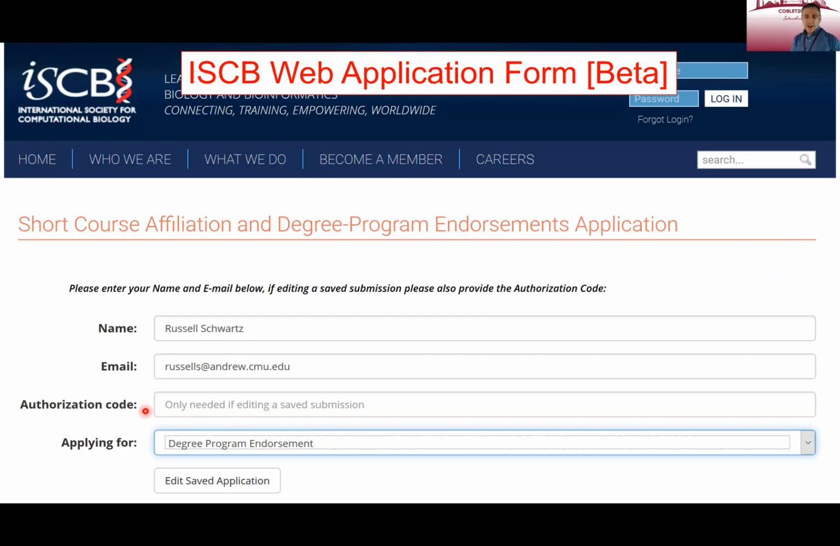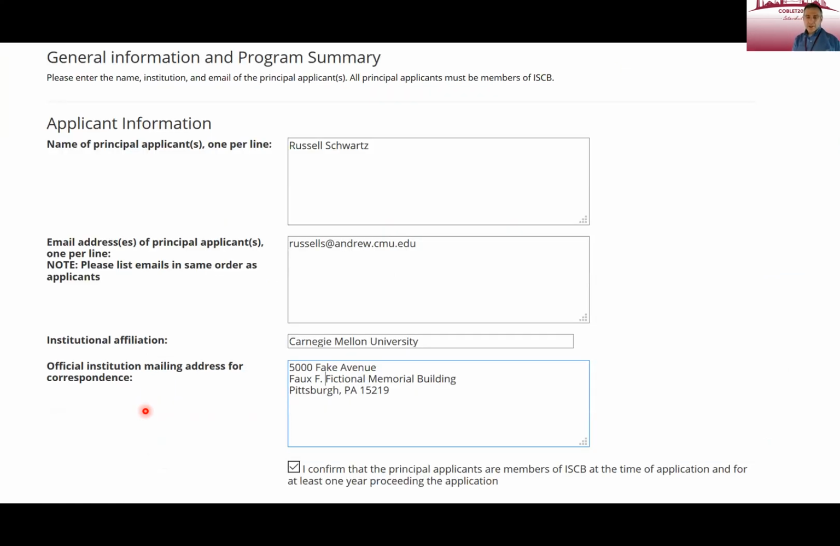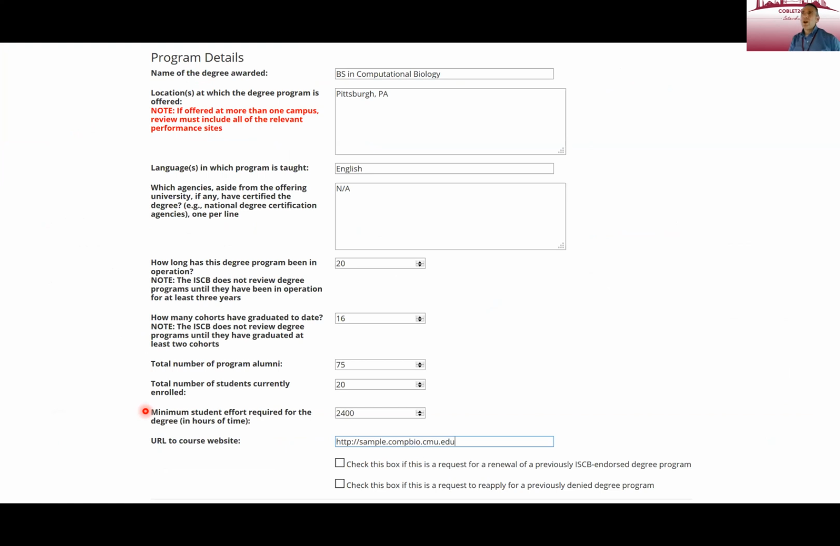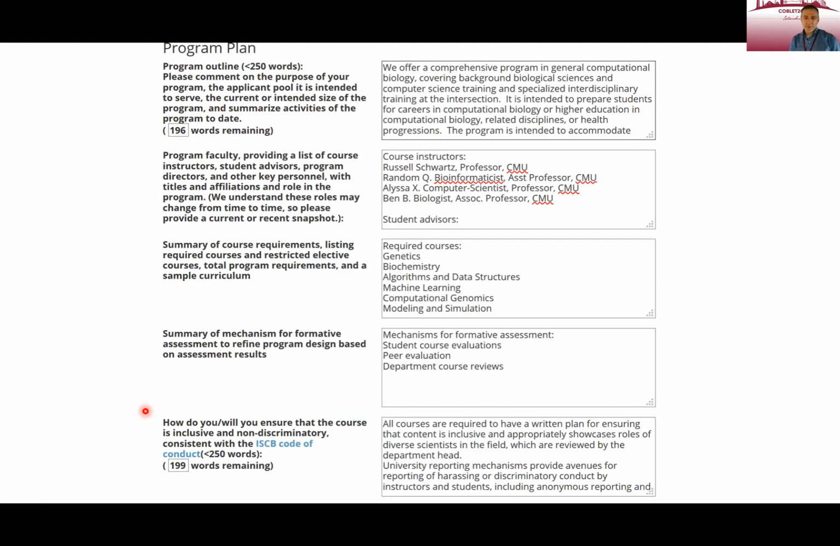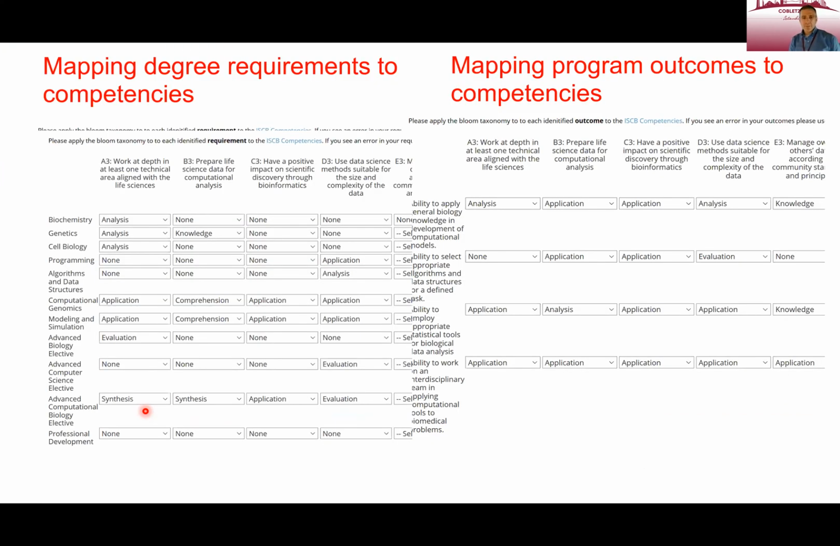We put together a process for doing this, an application system that is open now. We are looking for volunteers to beta test the systems. We're really trying to get people to put their short courses and degree programs in this so that we can beta test this process. But basically, we have a whole system where you can put together this mapping, put in